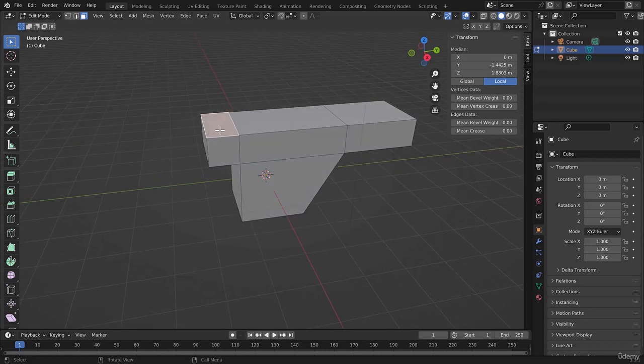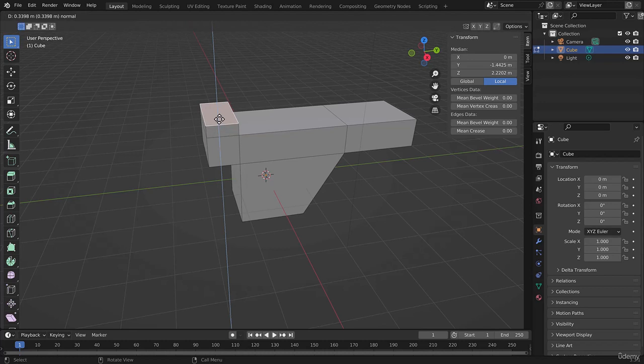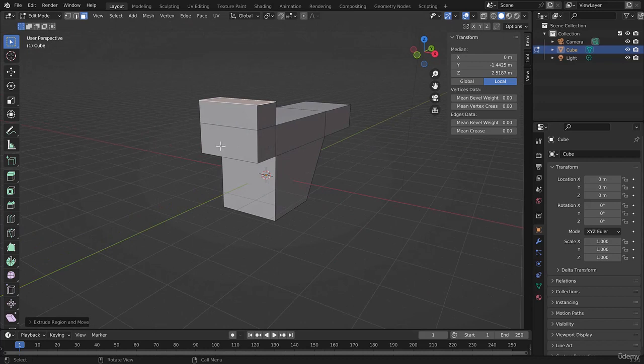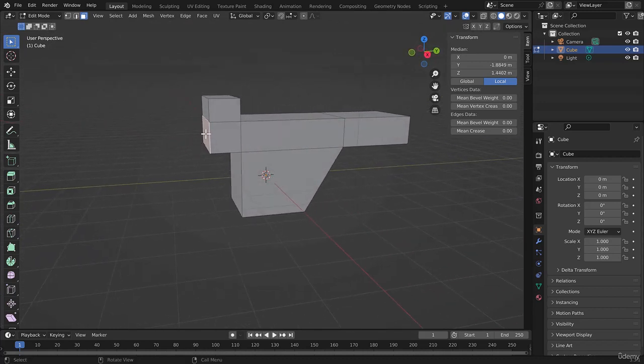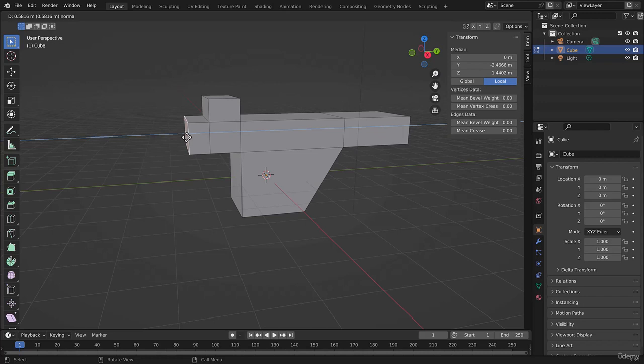Now when we do this, you will notice that the blue line appears. The blue line represents the Z-axis, but in this case it doesn't represent the Z-axis of the 3D scene. Instead it represents what is known as the Z-normal, the direction that the face is pointing at. So here we extrude upwards because the original face was pointing up. If I select this face here, and then hit the E key to extrude, we're actually not going up the Z-axis of the 3D viewport, we're going along the Z-normal of that selected face because that's the way that it's